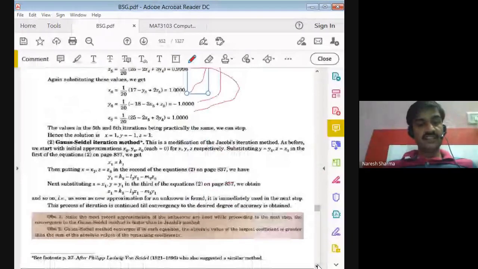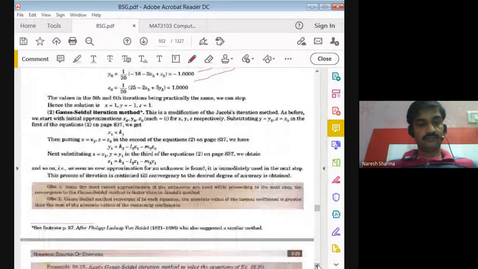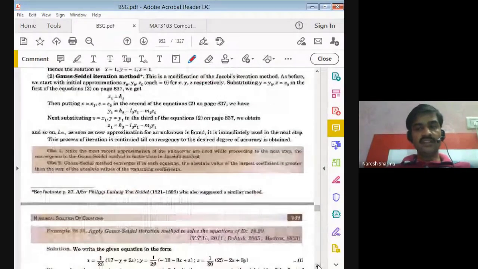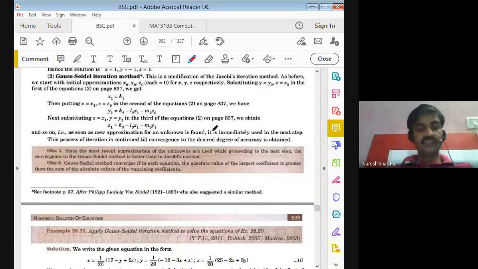Now the Gauss-Seidel iterations method. So this is a slight modification of your Jacobi iterations method. So what is the modification here? The modification of this Jacobi method in the Seidel method, what we do,